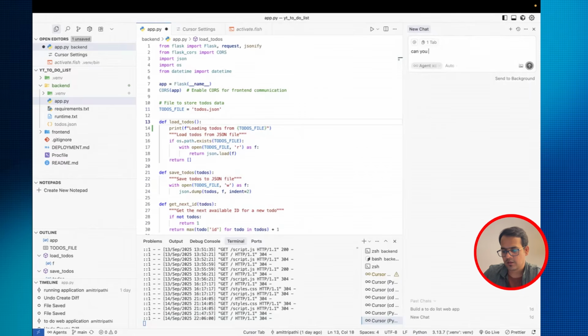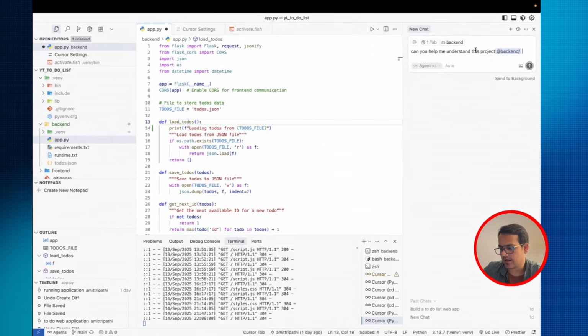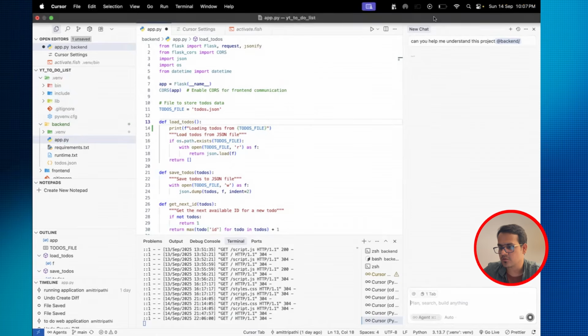Can you help me understand this project? So this project, you can add the project also, so you can directly pull from here and give it as a context. This will remember it as a context. So I have pulled the project from here, so this way it understands. And now if I just press enter,